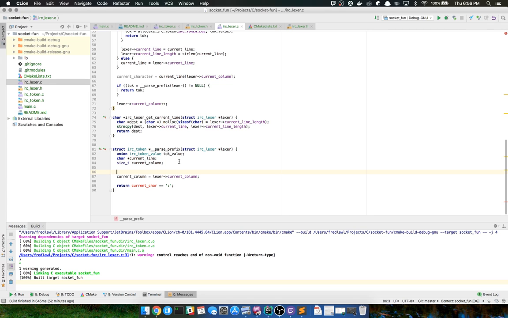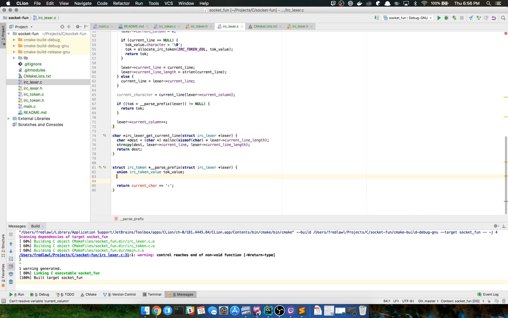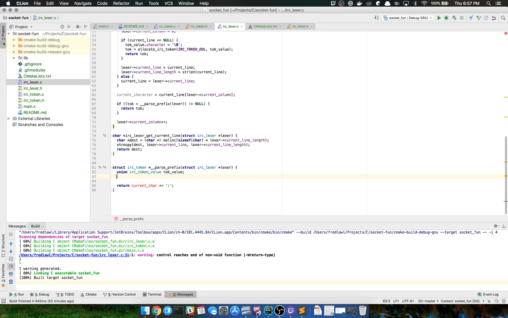Nah, I won't do that. I'll just stick with it and won't deal with any copies of the pointers or any values there.